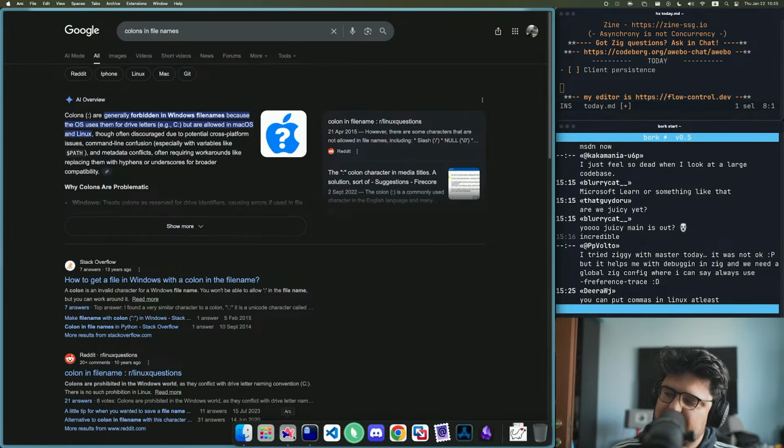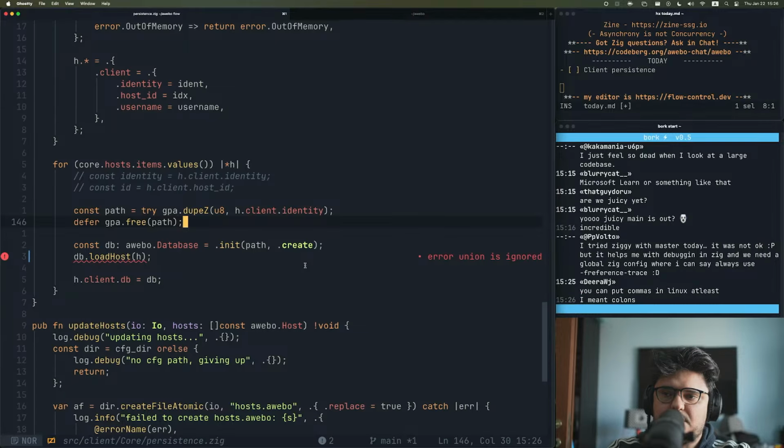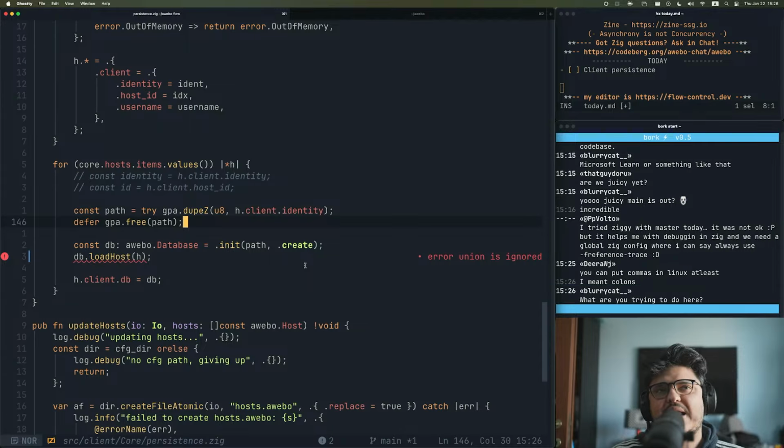So I guess the proper implementation of this would be to replace colons with underscores on Windows. But then if you turn those in an, oh man,